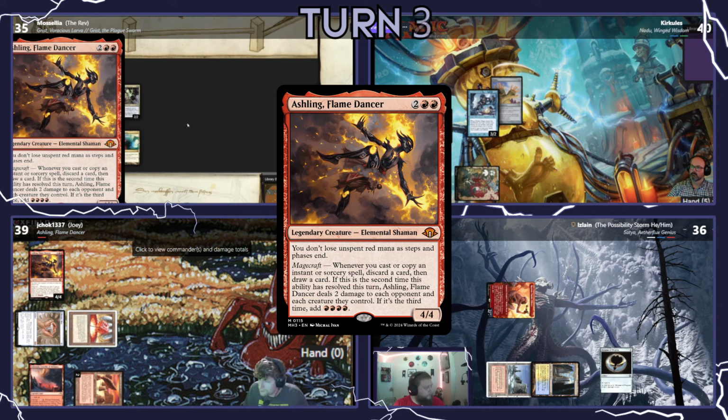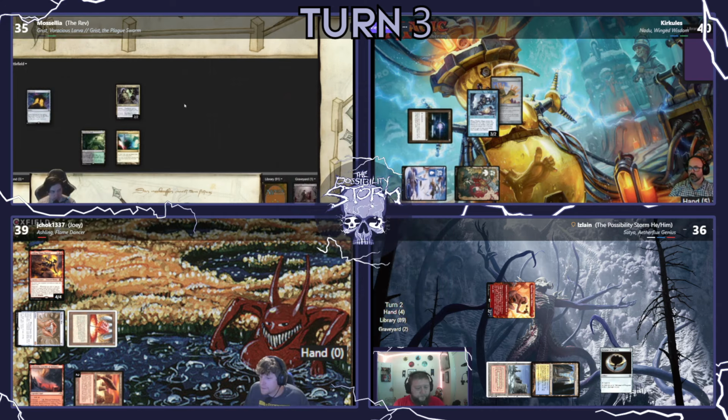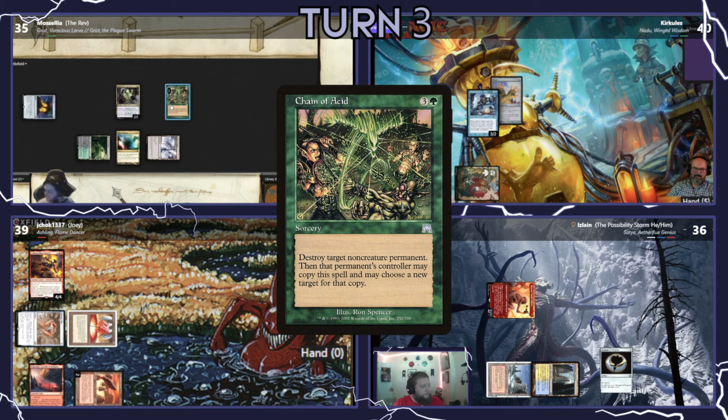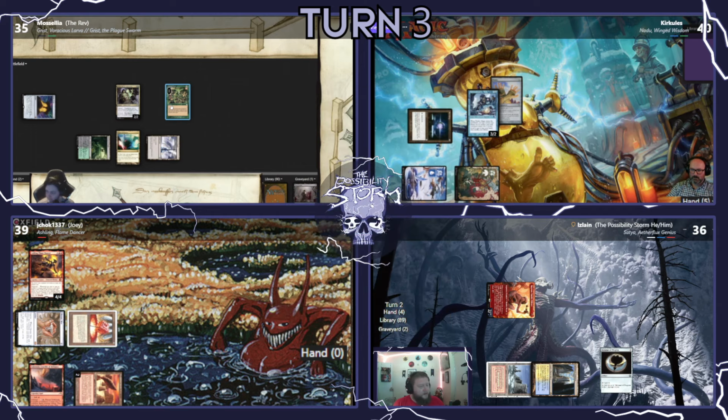I will move to my upkeep and tap with Mana Crypt. I'm okay. Draw for turn. Dark Steel Citadel. Cast Chain of Acid targeting my Dark Steel Citadel. Yep, haven't seen this in a hot minute. I haven't seen it ever. What does it do? Destroy target non-creature permanent. Then that permanent's controller may copy this spell and choose a new target. Dark Steel Citadel is indestructible, so I can target it over and over again with Witherbloom to drain everybody